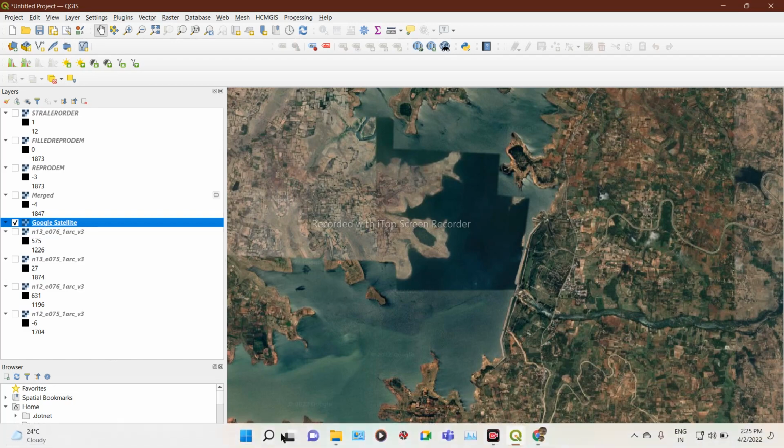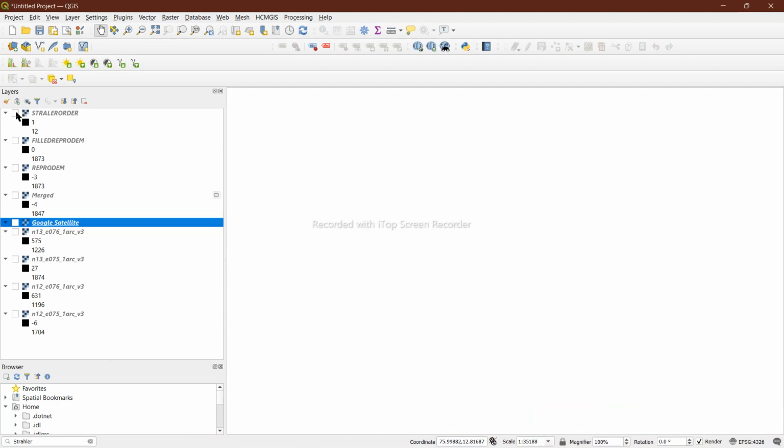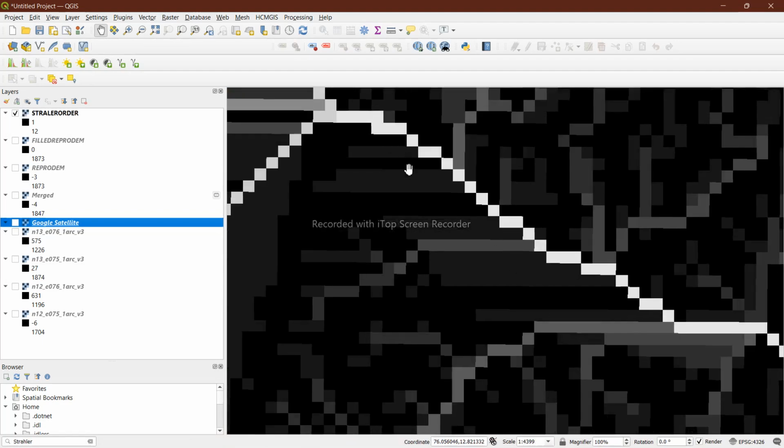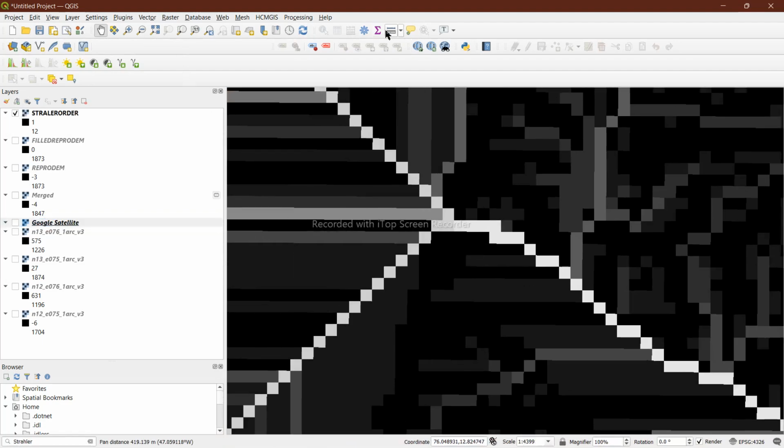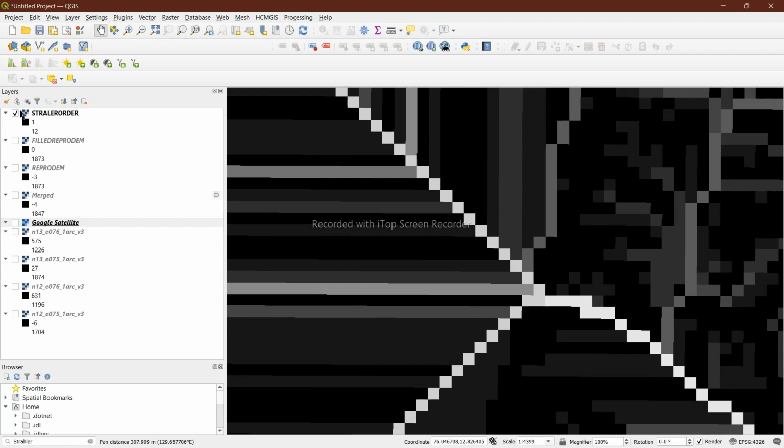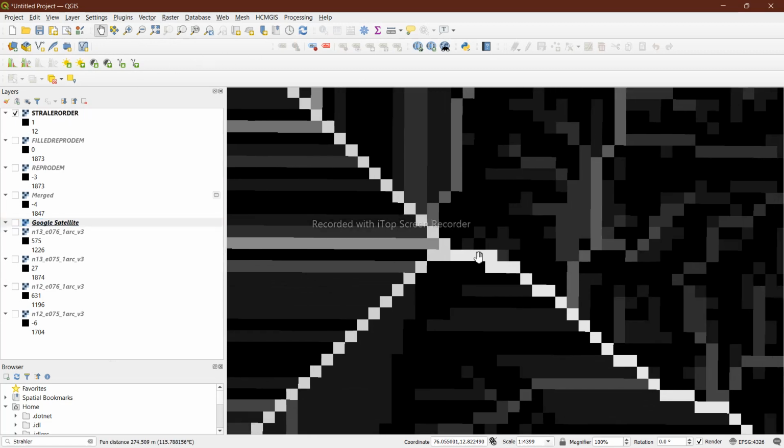So now you can see the river order. What is the river order at the outlet point? I can find it by taking this identifier icon. Where is my identifier icon? So select this layer, so I have to select this and